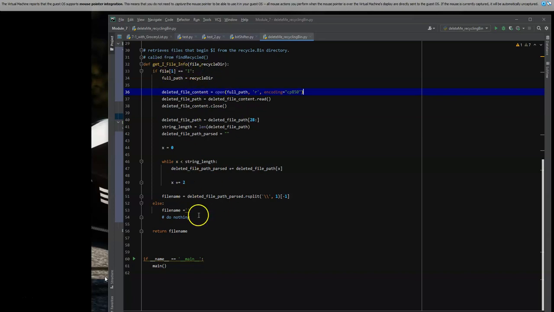So this is the function that a lot of you were asking for. How do I get from those random characters that were being tossed out and get to the actual names of things? And so this is how you do that. Okay, so we return the file name,